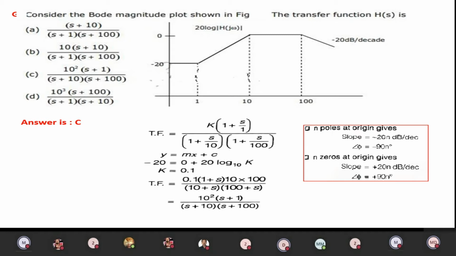So by having these concepts, now we can discuss various GATE problems, and I hope everyone can solve them within a second. Okay. So all the things will be solved by the concept only. Okay. So now you can see the Bode plot is given.